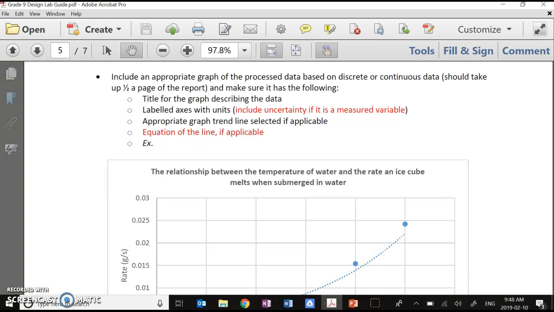So I want you to do this, as I said, in two ways. One, do it in Desmos and copy that graph into here. Make sure the equation of the line is included. Also, I want you to show all your work in terms of calculating slope. So Desmos will give you a number, but I also want you to demonstrate that you understand how to find